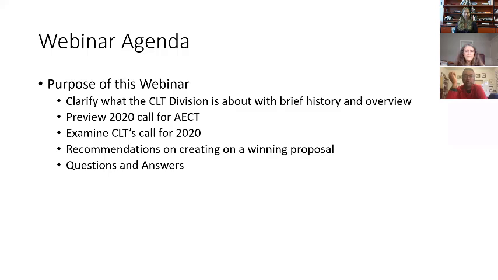And MIM served its purpose for a few decades before eventually morphing into a full-fledged division that we now know as CLT, the Culture, Learning, and Technology Division. And the C for culture is at the very beginning of the name for a very specific reason, because we are explicitly about culture, various dimensions, various ramifications of culture, which we will explain going forward in this webinar. But basically, culture is at the forefront of who we are, and culture needs to be at the forefront of any winning proposal that is accepted by our division.